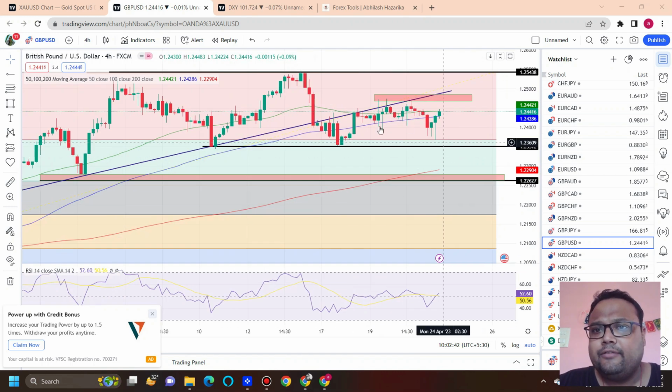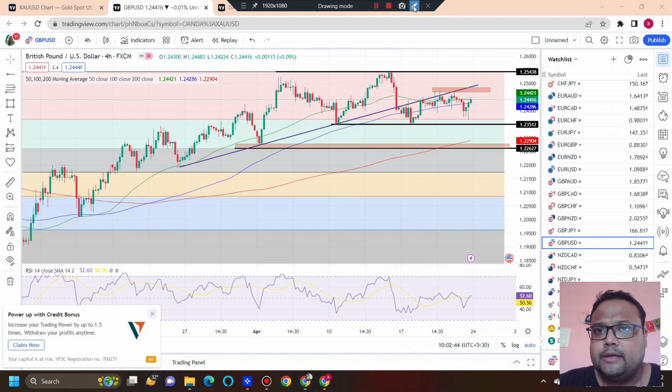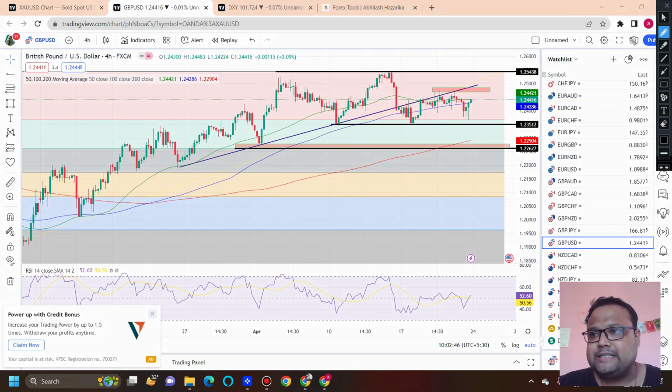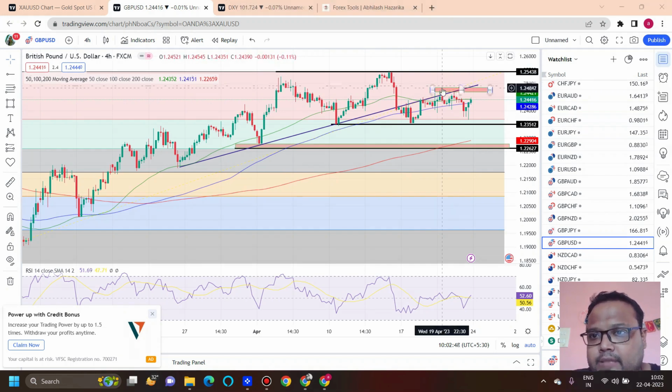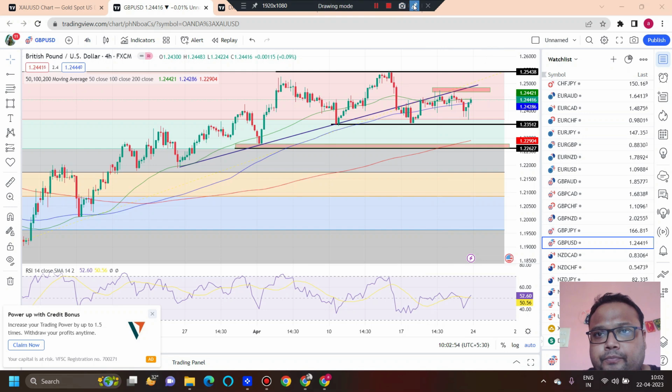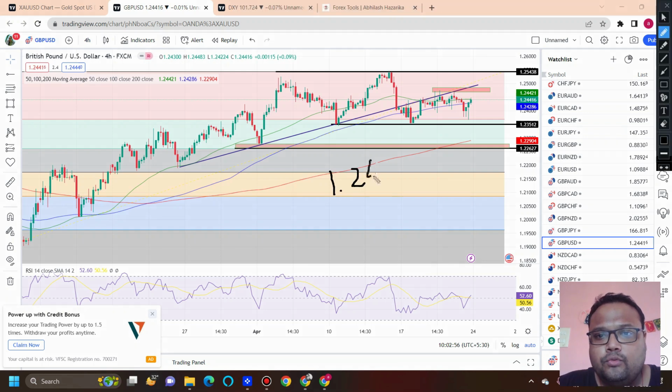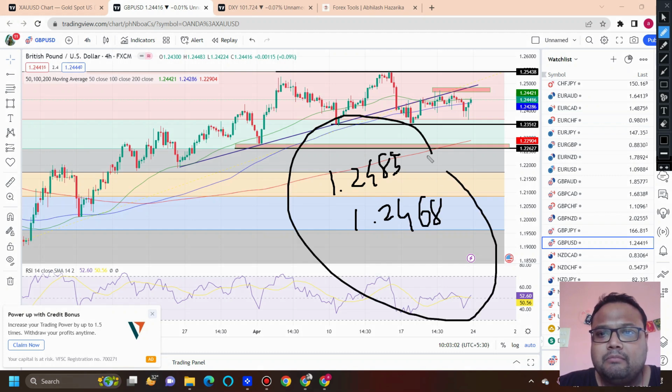Okay, and if the market starts going up, then we can also expect some selling opportunity. Expect a selling opportunity around 1.2485 to 1.2468. This is a high risk sell zone on the chart of GBPUSD, and the reason is that, let me show you,